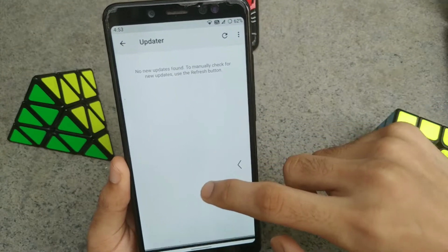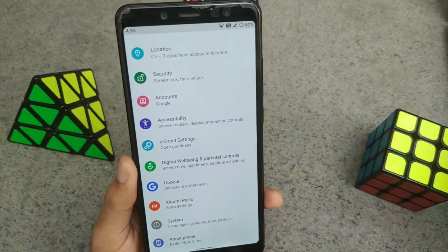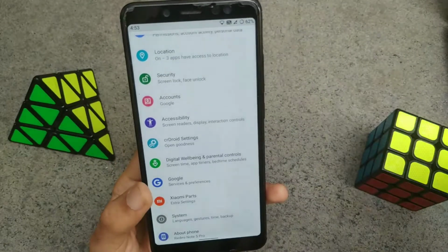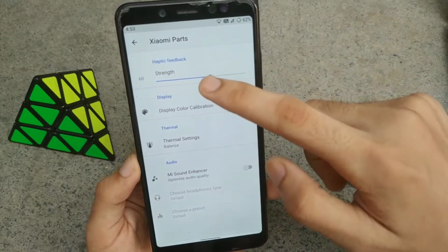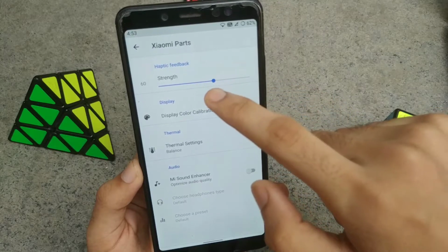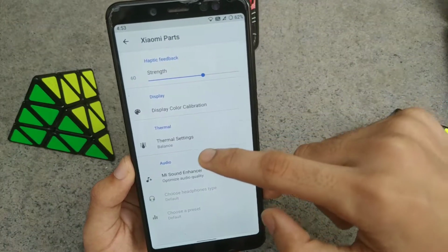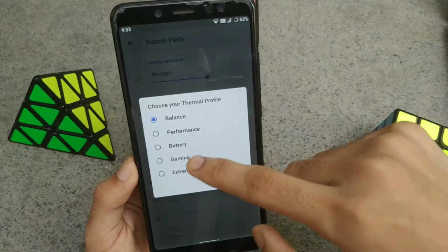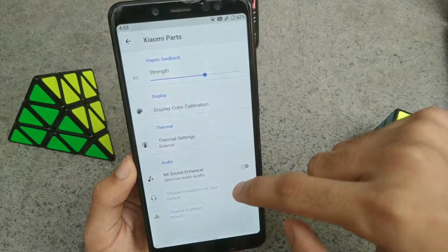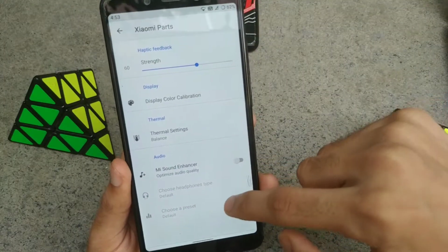So in the settings, when we scroll down further, we find an option called Xiaomi Parts. This is where you can set the vibration strength for haptic feedback. You can calibrate your display from here. You can also set the thermal settings like performance, gaming, extra battery, and you can also use this MI sound enhancer to enhance your earphone or headphone sound quality.